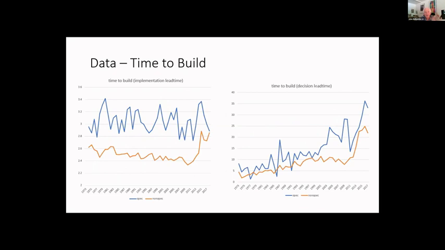The point is, in the oil business, people know the fields, they discover them, but that doesn't necessarily mean they produce. So time to build is when you're actually deciding to develop that field. Again, look at the unevenness of it. Here's OPEC, and they're larger fields, so it takes longer. Here's the non-OPEC. That's when you've decided to develop the field, but you may have discovered it way beforehand. You had the leasehold interest. And so then the question is, when do you develop it?